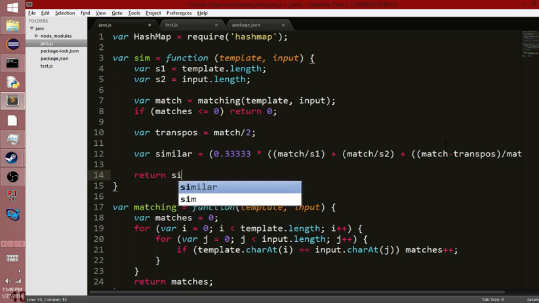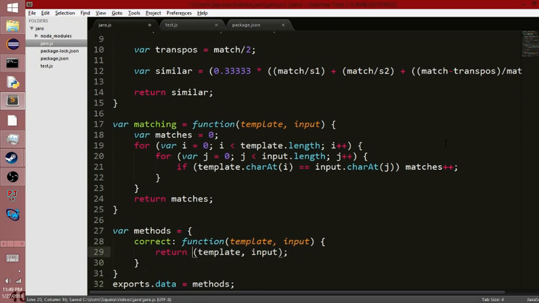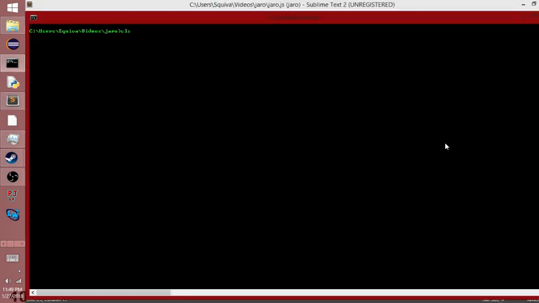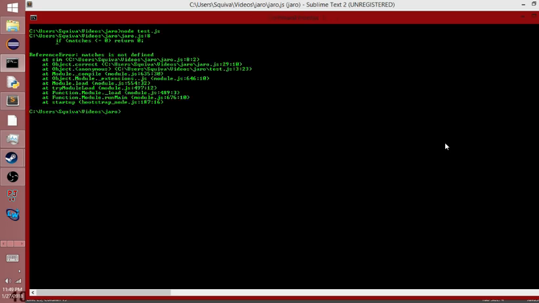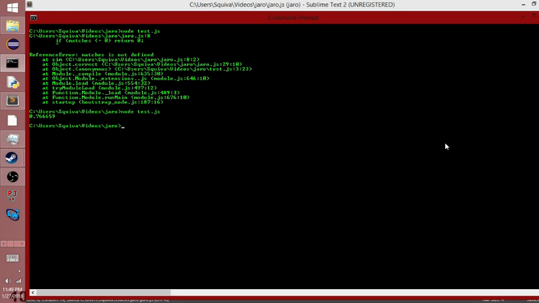Return similar. Okay, so now what we have to do is go down here, and I'm just going to say return, so it's going to be sim, and let's do this. Let's see what we get. Matches is not defined. Oops, did I call it matches? My bad. Okay, there we go. So that is the Jaro similarity